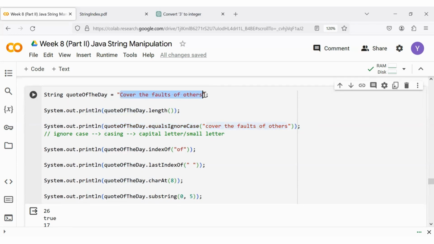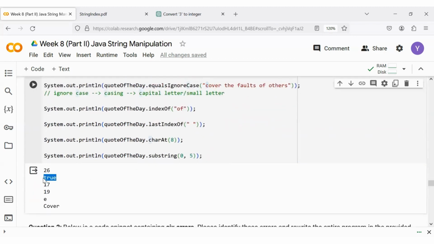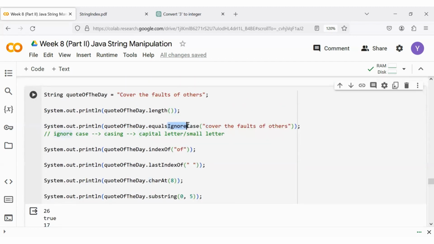because if you look into this, we have "cover the faults of others" and here we also have "cover the faults of others." The only difference you can see is that for this one the C is a capital letter, whereas for this one the C is a small letter. But because my method is equalsIgnoreCase, which ignores the casing, I get true. If now I remove ignore case and use the equals method,